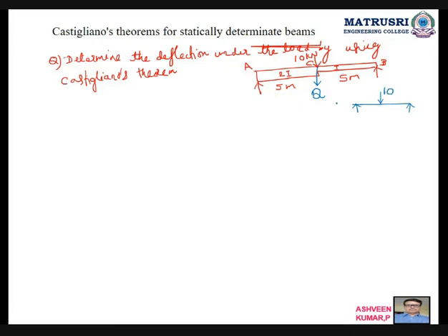Now this is standard. Due to symmetry loading, I am discussing, VA and VB will become half of that one, 5. Similarly, I applied Q here also, so Q by 2, Q by 2. So we can write, due to symmetry, VA is equal to VB is equal to 10 half is 5, Q half is Q by 2.